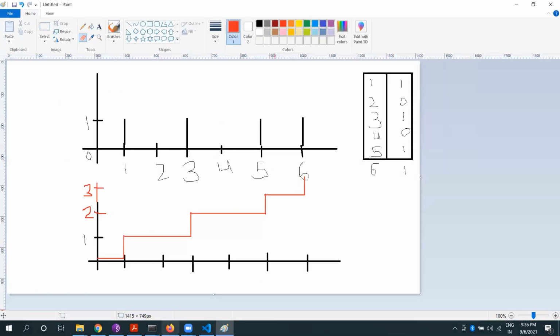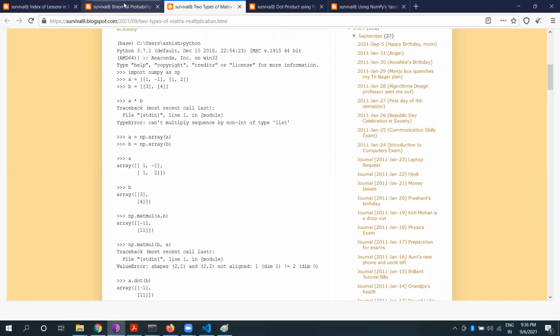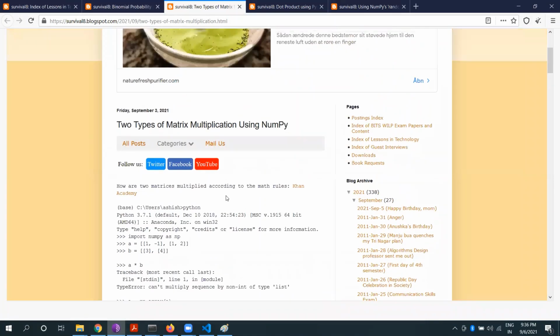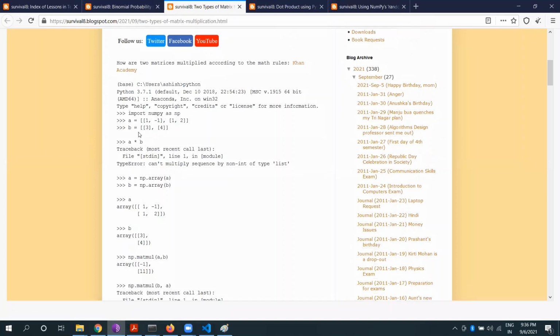I'd show one more use case of NumPy, and that is with multiplication. Two types of matrix multiplications. Let's say we have a matrix called A, with 1 minus 1 1 2, and a matrix B, which is again a two-dimensional matrix. Number of dimensions, number of rows is,